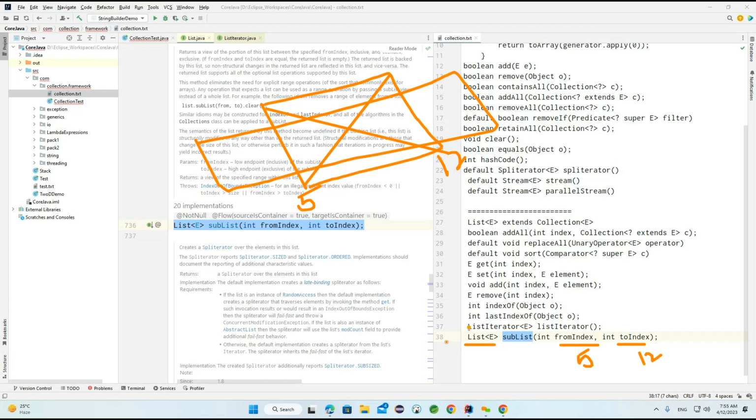Okay, but sublist is nothing but, based on the position, like based on the from index and to index, it will try to copy the elements and create a new list object here. Okay, so this is what we need to understand. Now if you are not interested, what you can do, directly you can provide